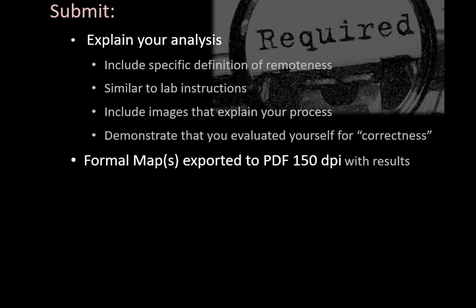And can you show us that you were checking yourself or evaluating yourself along the way for correctness? I ran slope and here's how I know it worked. My range of values is 0 to 70 and I ran it in degrees. That's a very reasonable set of output slope values for this area. Select by location. I was selecting within, and you can see here that my results are showing that the points were all selected within my other feature. Things like that.